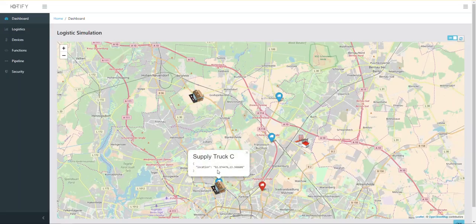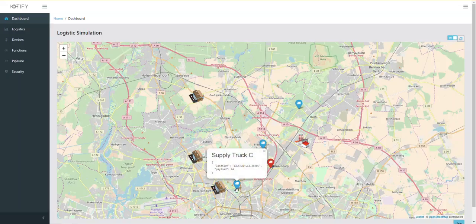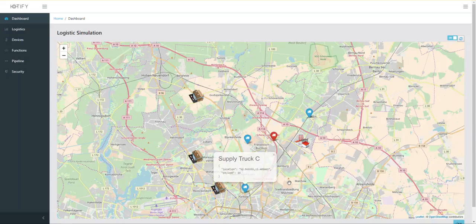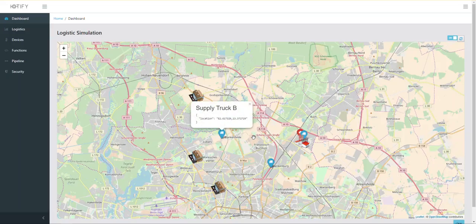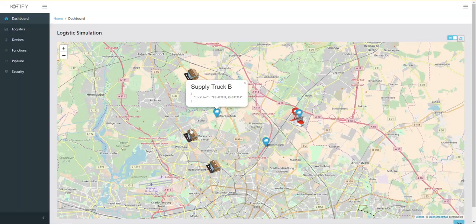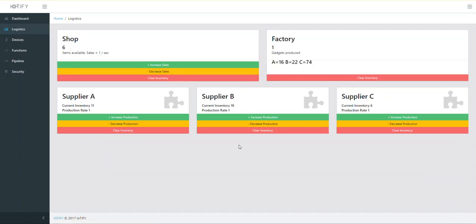So this is, for example, supply truck C, which is now having a payload of 16 widgets. Similarly, this supply truck has no payload right now. It's going to basically get more supplies from supplier B, right? On the other screen, we have a